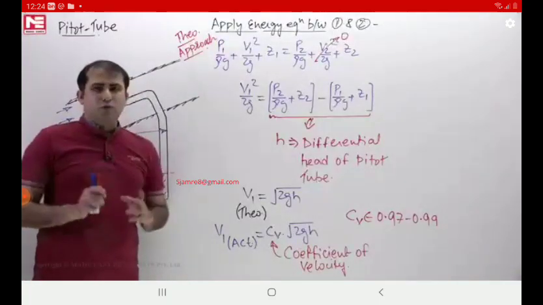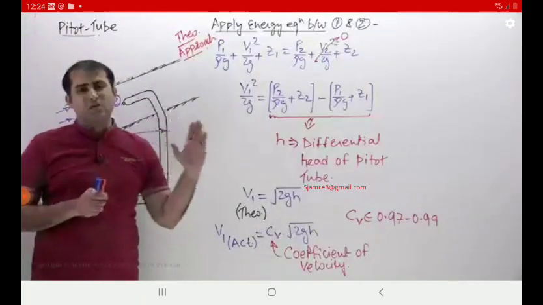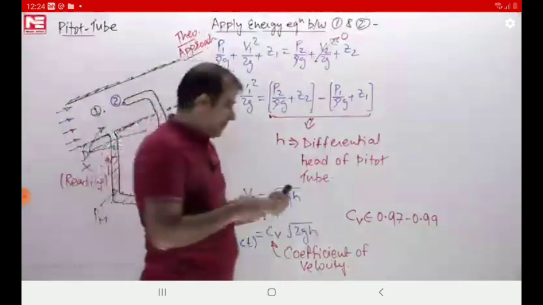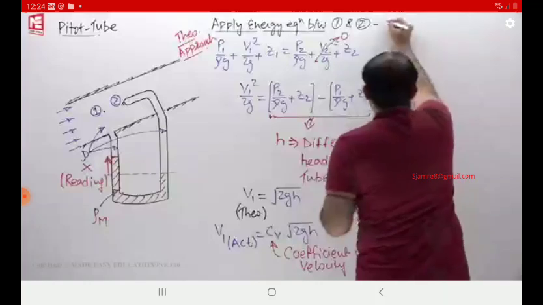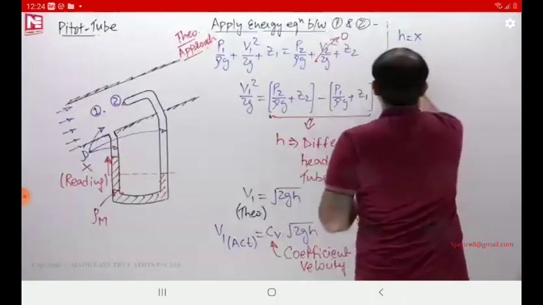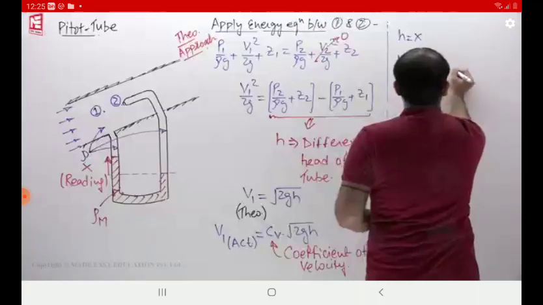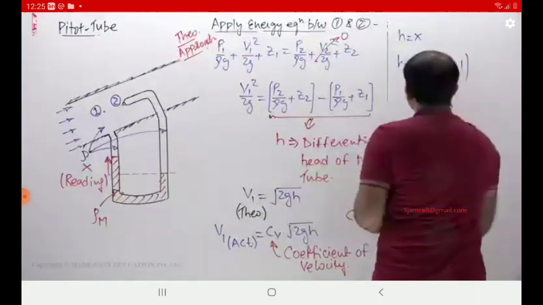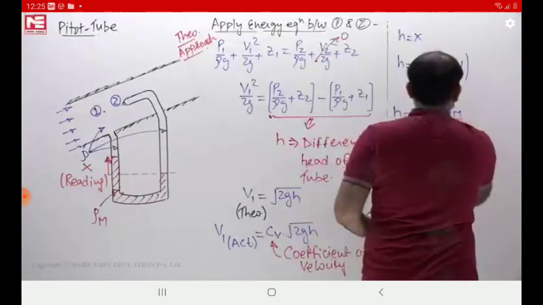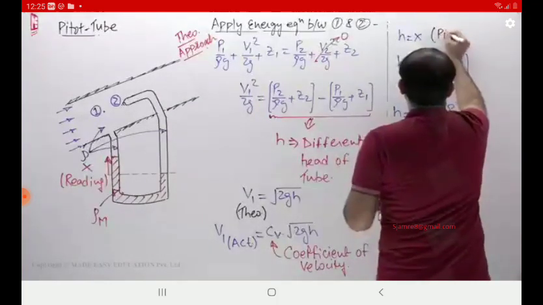My dear, formula wise, I am not going to derive. Whatever we have done in the venturi meter, the same formulas we will use for the cases connected to the orifice meter as well as the pitot tube. This formula you have already seen: h is equal to x into rho m upon rho minus 1, or h is equal to x times 1 minus rho m upon rho. This is the case of the piezometer,